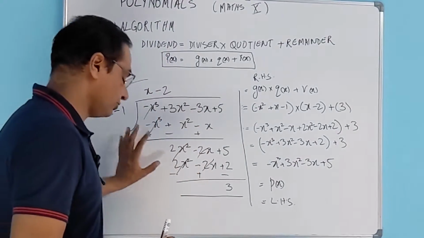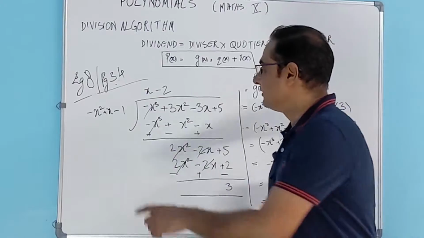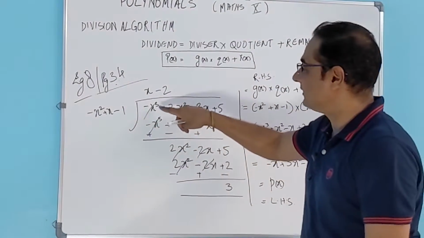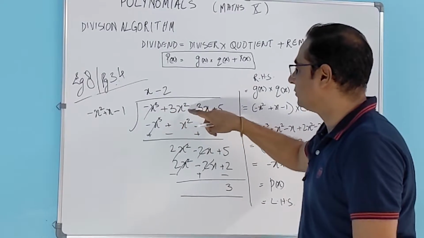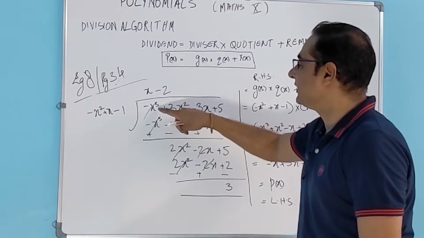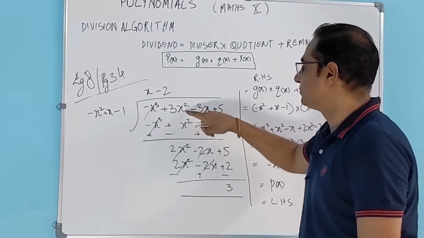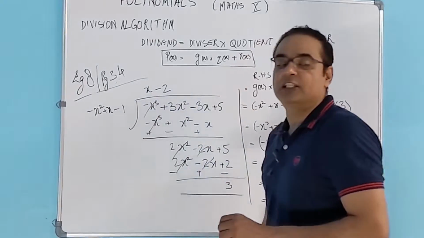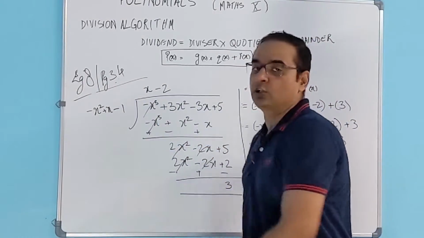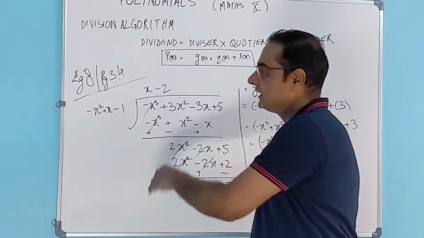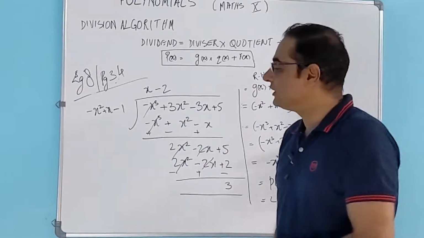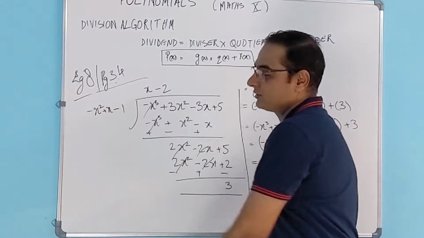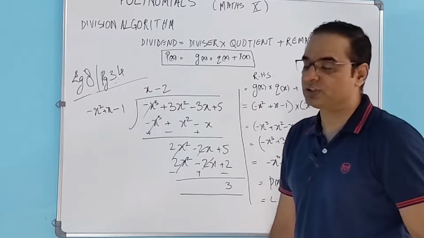So first of all, we are going to arrange the polynomial which is given as the dividend in the order of decreasing degree of terms. So it needs to be in descending order. This is cube, square, 1 and 0, so we need to rearrange this. In the same way, even for the divisor, we need to do the same thing. If these terms are not in the correct order, which is decreasing degree for all the terms, we need to arrange them in such a way. So we arrange that as x square is the first term, and then x and then 0. So we first arrange these two polynomials, then we start the division.